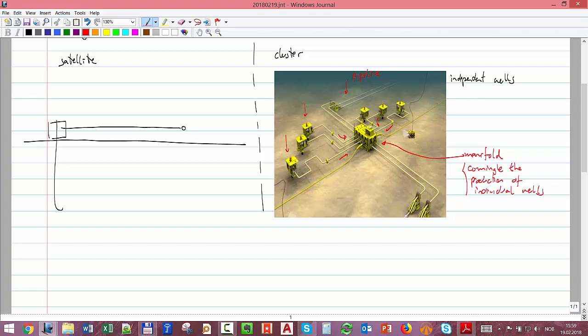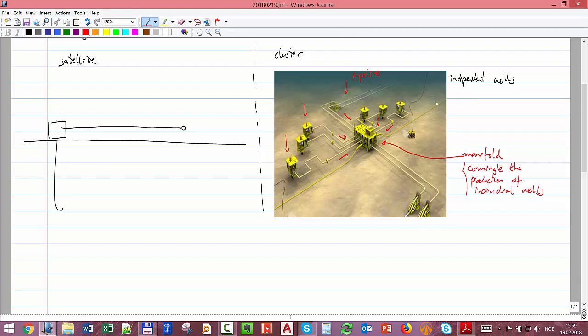And then it's sending it through here. And you will see now there are two lines. So why do we have two flow lines? That's one of the things I want to get to, but just wait a moment. So you have a satellite, you have only one of these, and then you use a flow line to take it